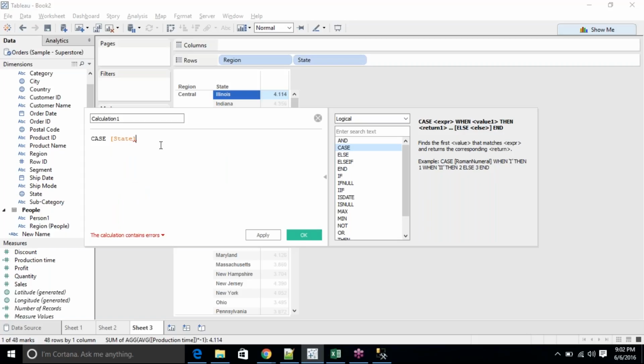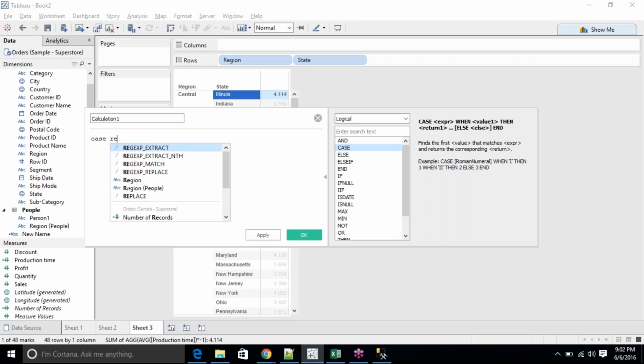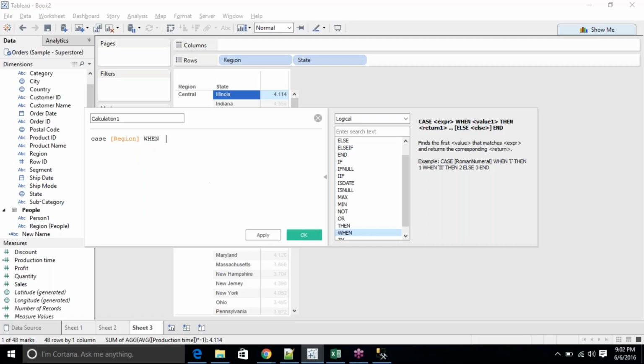I can nest them. What do I mean by nest? Basically one function inside another function. So CASE region WHEN Central,